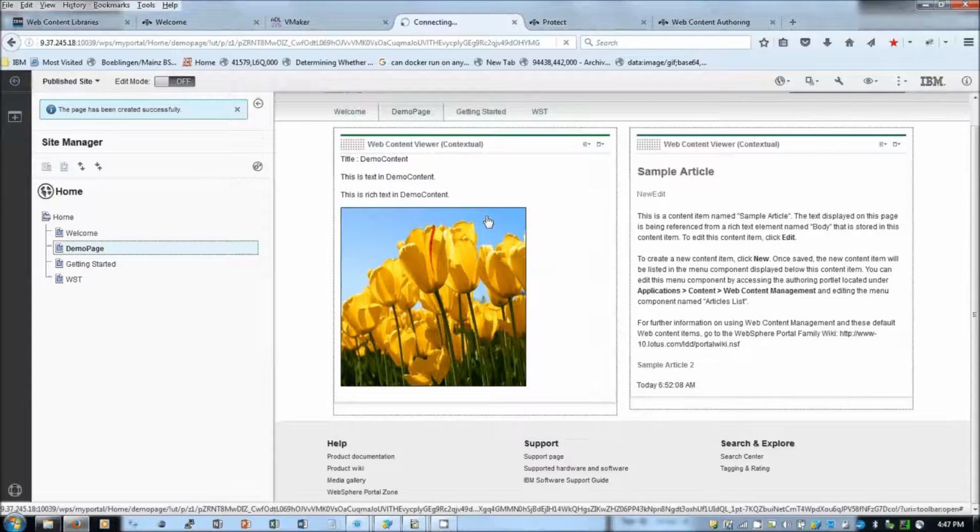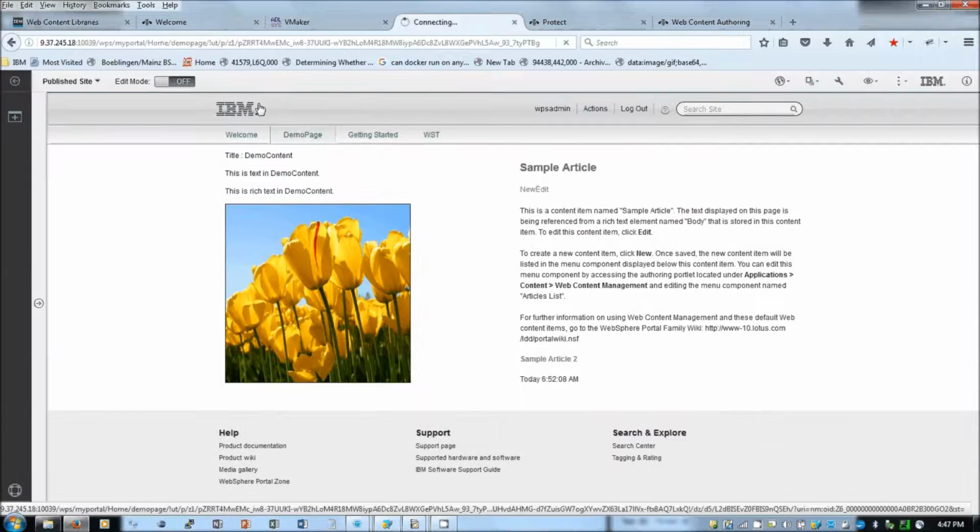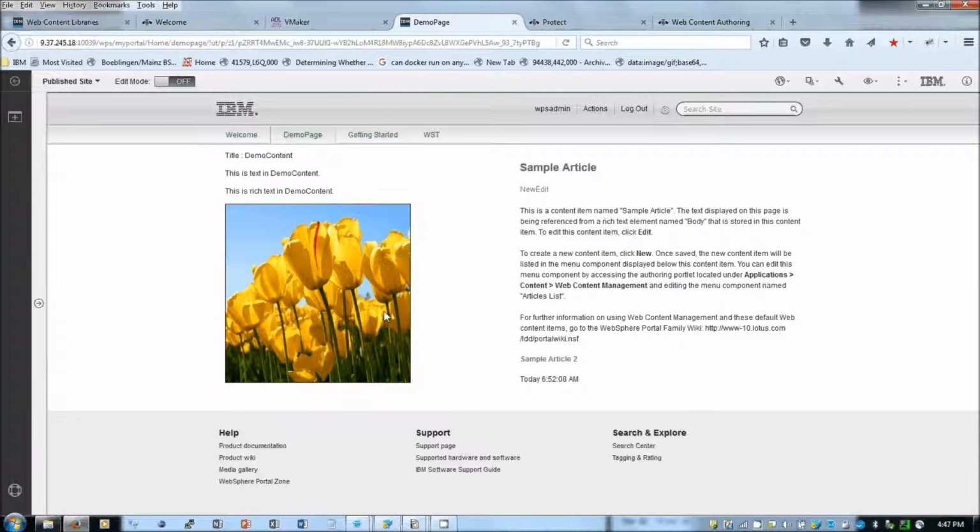So now my web page is displaying two contents. This is the content which I have created, and this is a sample article.